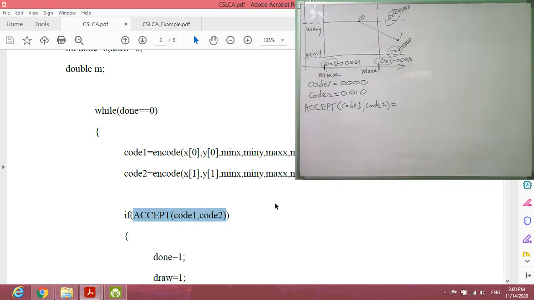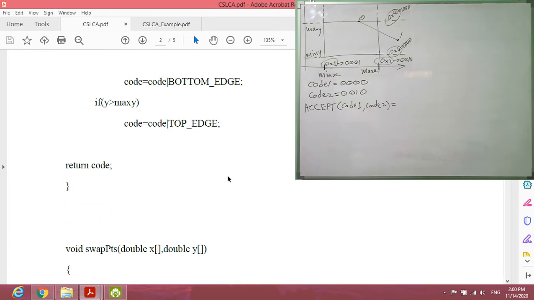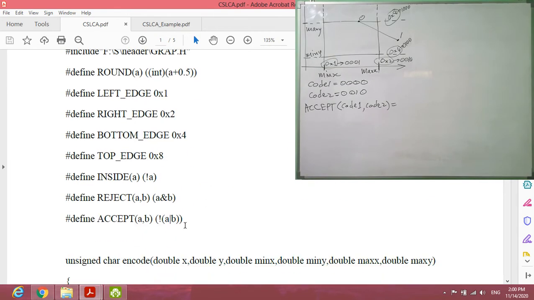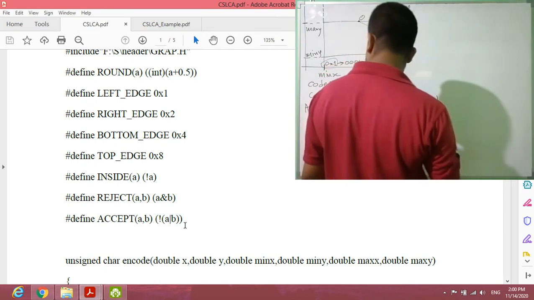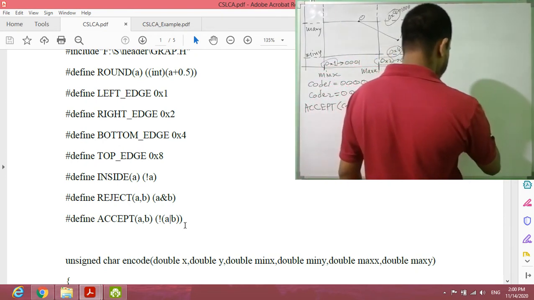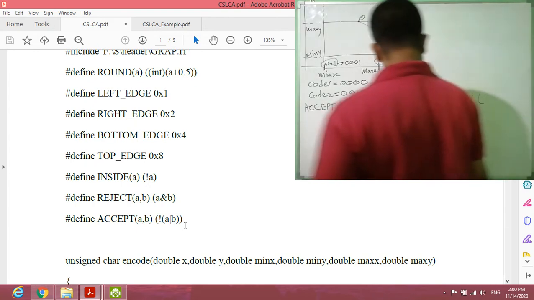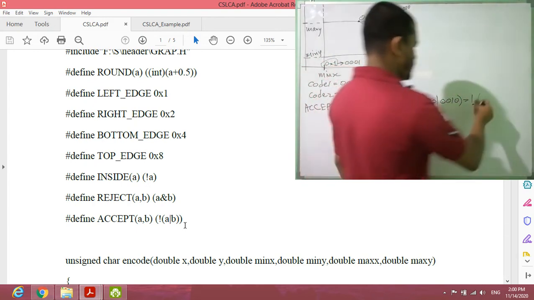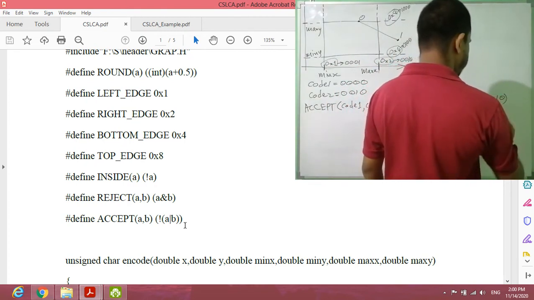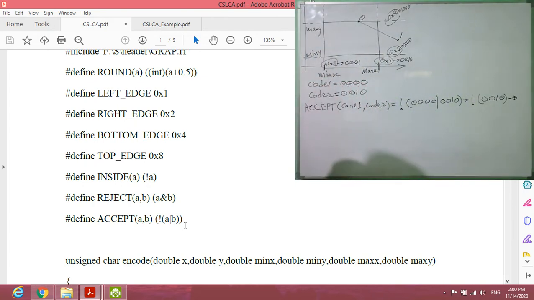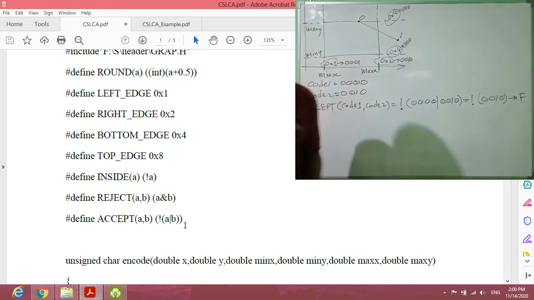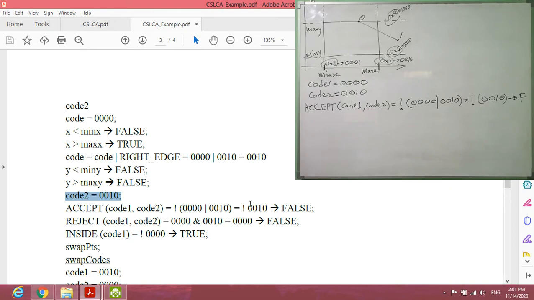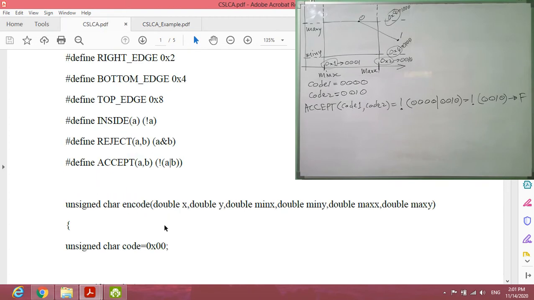Meaning of this one is what? Our accept function, not 0 0 0 0 or 0 0 1 0, not operator, no, 0 0 1 0. Non-zero value therefore returns 0, that means false. The non-zero value, this one. Then here